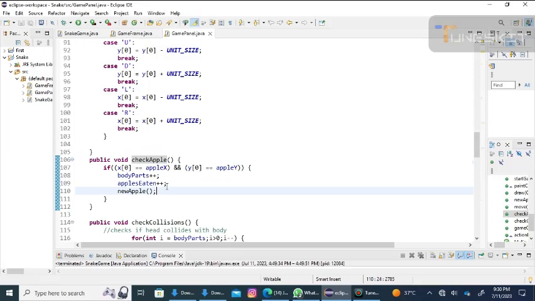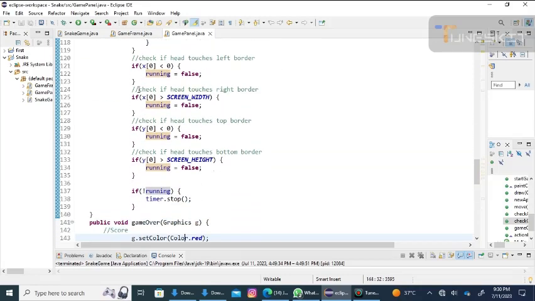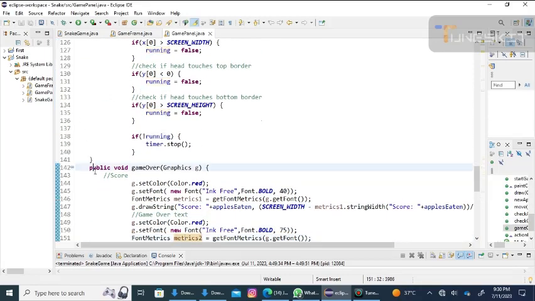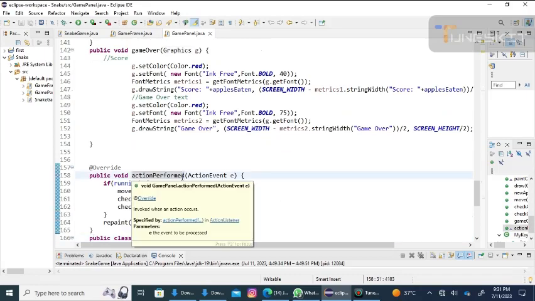We'll want to check for any collisions. So we have public void checkCollisions. And then we'll want a game over method. So public void gameOver, and we set up a parameter of Graphics g. Then we have our actionPerformed method, and lastly we